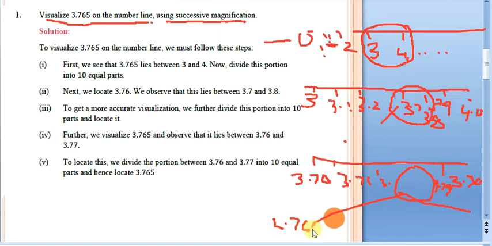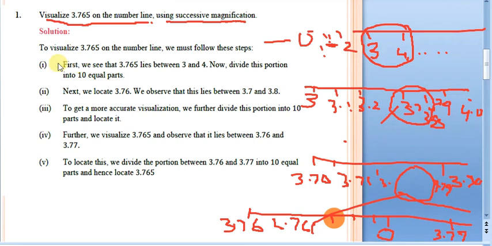So you will be having 3.761 at this end. We are having 3.76 on one end, we are magnifying it, so here this is our end, and we will be having 3.77 here. So when you just look at the numbers in between, you will be having 3.761, 762, 763, 764 and 765 exactly here. Make sure that these spaces are equally spaced. We have to make sure that whatever divisions you make have to be the same here.